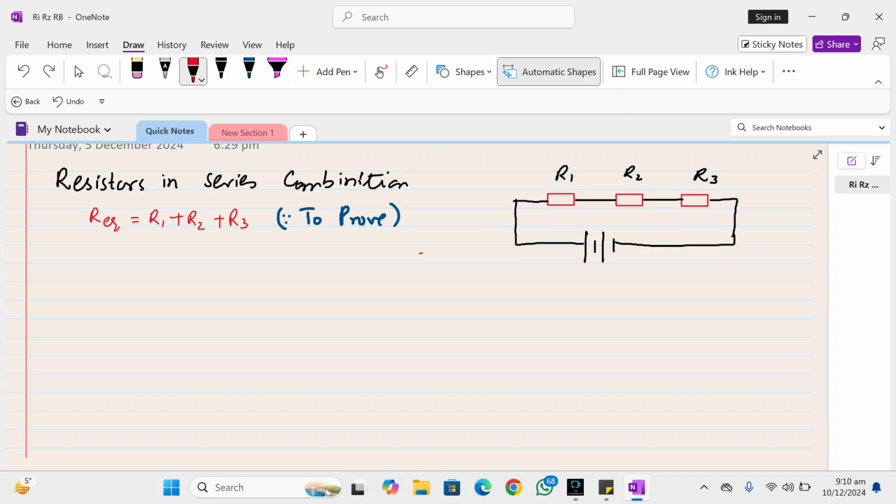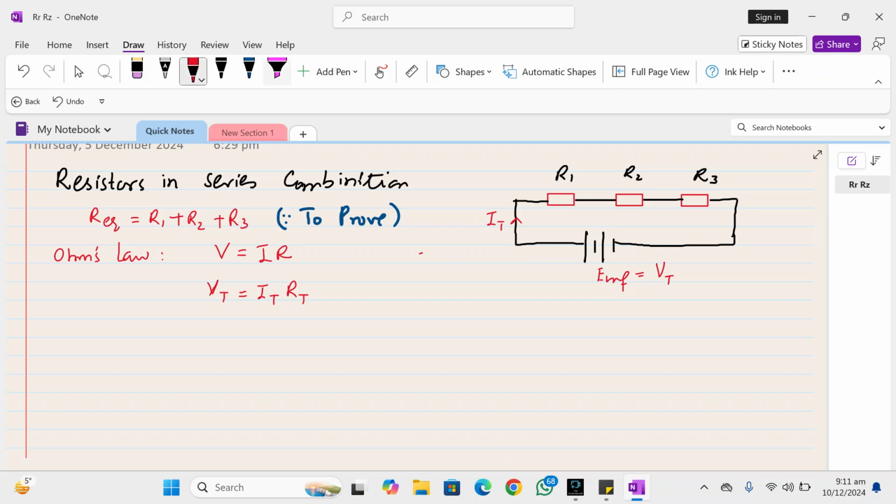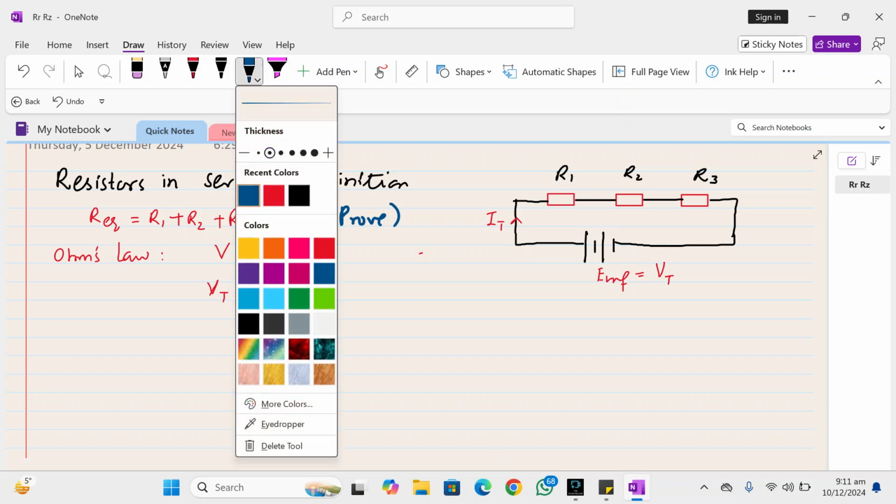Now if we write down Ohm's law, according to Ohm's law, we know V is equal to IR. So we can simply write V total is equal to I total times R total. So the EMF here is considered to be V total. The total current of the circuit is known as I total, and if we write the voltages across the respective resistors,